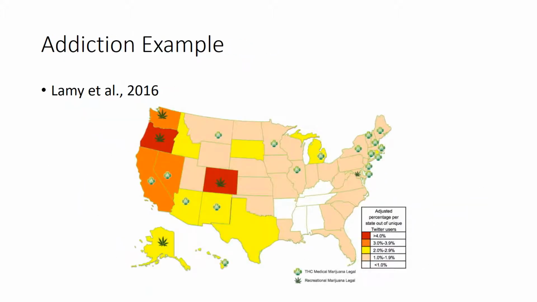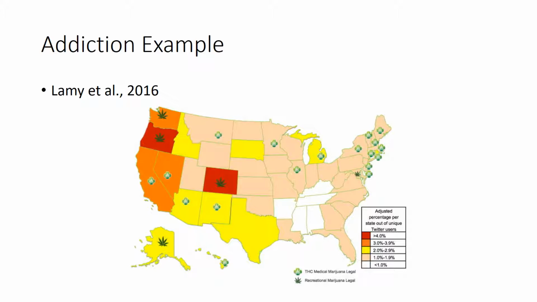Now for an addiction example. So Lamy et al. in 2016 published a study. They were looking at who's talking about marijuana the most. So they found geotagged tweets by state, and then they cross-referenced that with state marijuana regulation. Again, this was 2016, so the newer recreational marijuana laws weren't included. But there does seem to be a correlation between recreational marijuana use, states near recreational marijuana use, and geotagged tweets